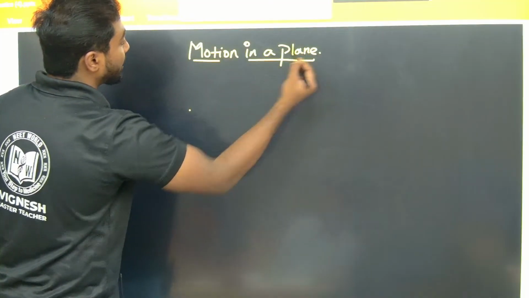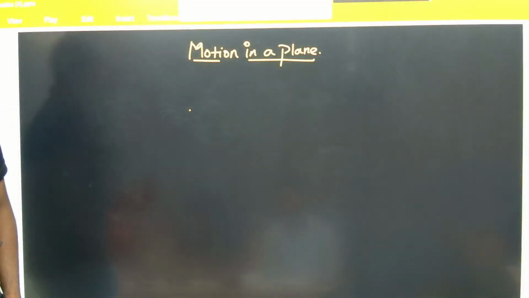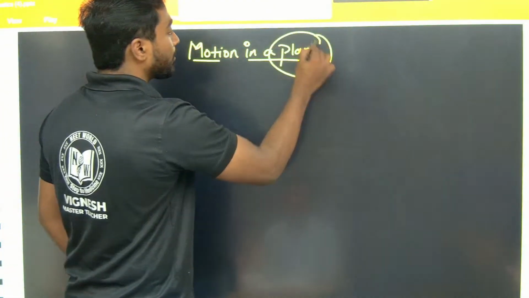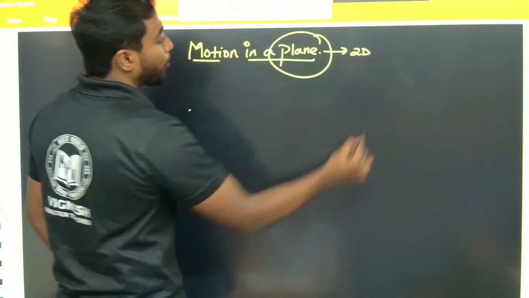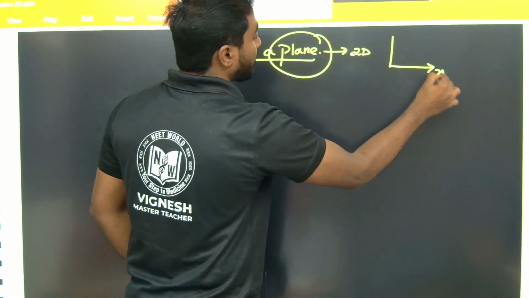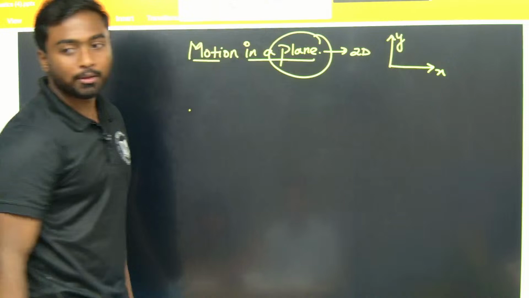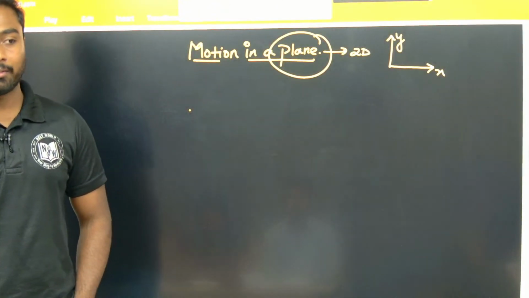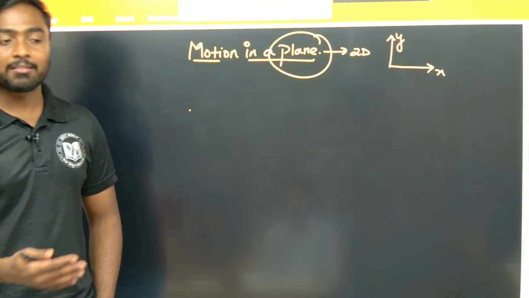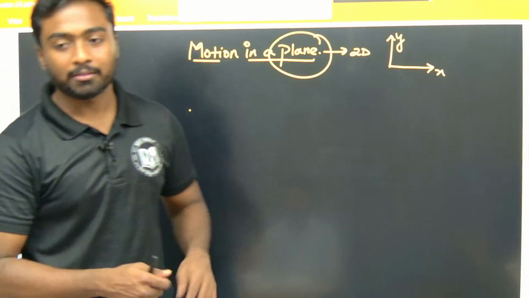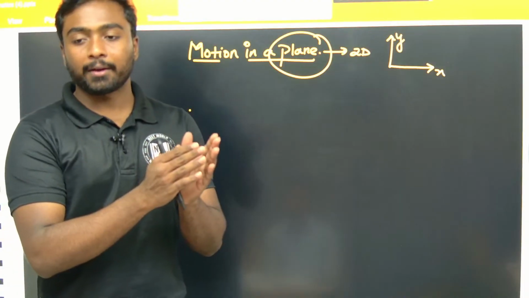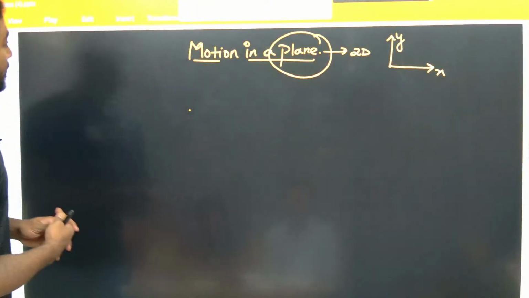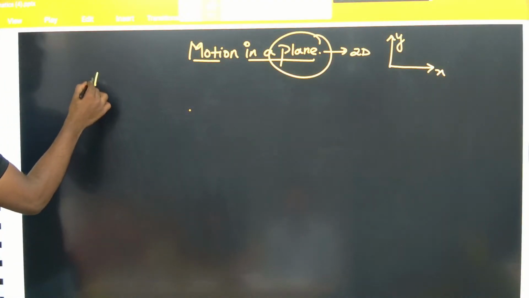So in last classes we have seen first straight lines, which is one dimensional. So plane is nothing but two dimensional. So both x axis and y axis will play a major role in this. And the same kinematic equations we have seen, we are going to apply in these cases also, but we'll take horizontal and vertical components separately. So the basic thing we need to know is what vectors are,